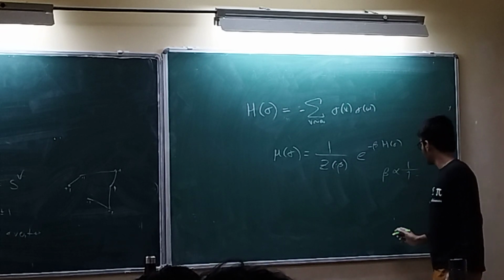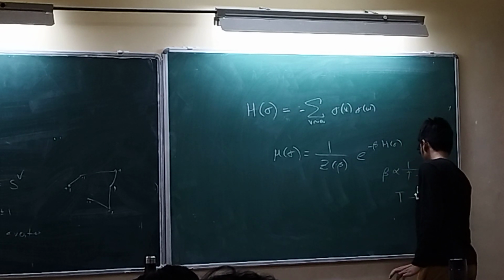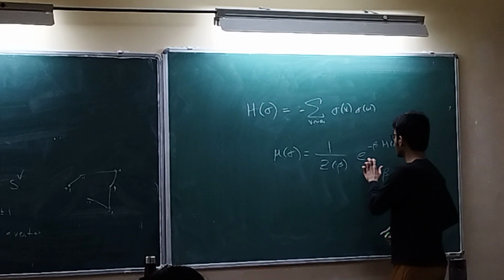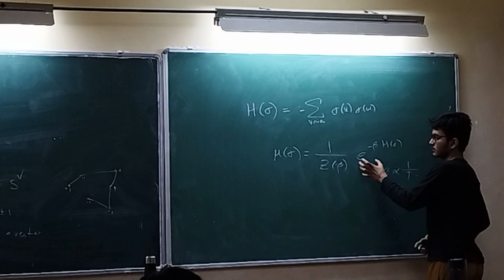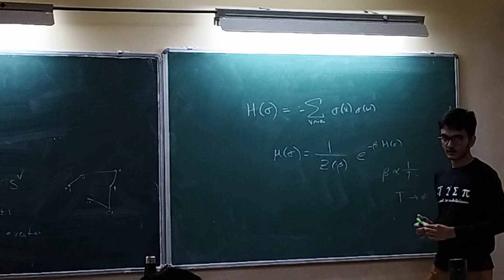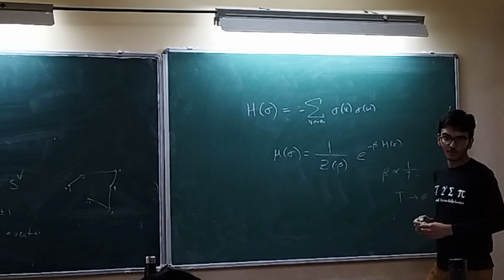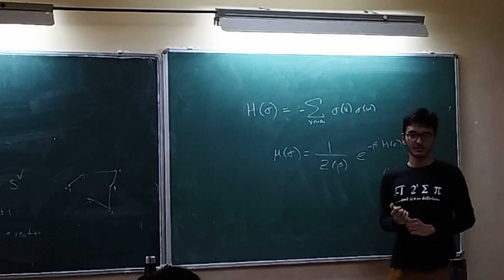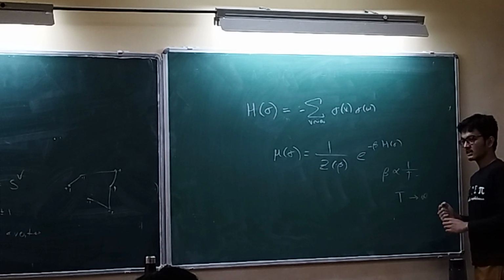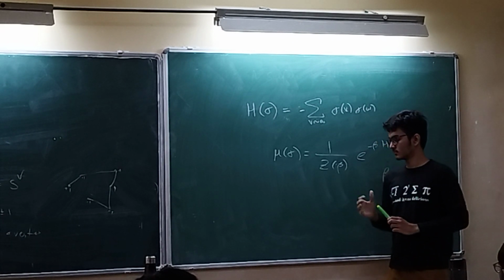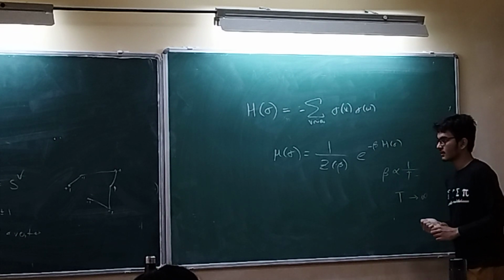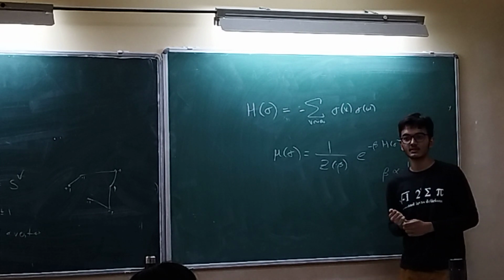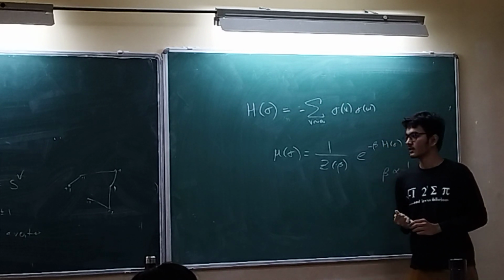Now let's see what that means. If temperature is too high, let's say temperature tends to infinity, then beta is too small. If beta is too small, what about this value? This value is quite close to 1. But this H of sigma may be positive and may be negative. So it gives more bias towards the low energy states, and less bias to the high energy states. That's why I was saying it will try to align in the same direction. When is the energy high? High energy states are the states where the spins are in opposite directions.